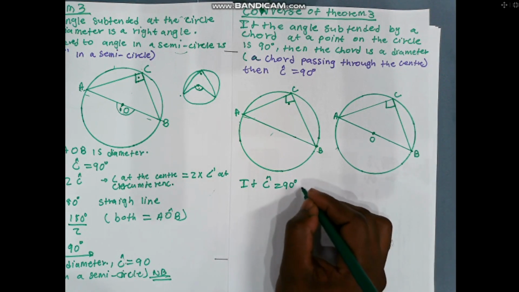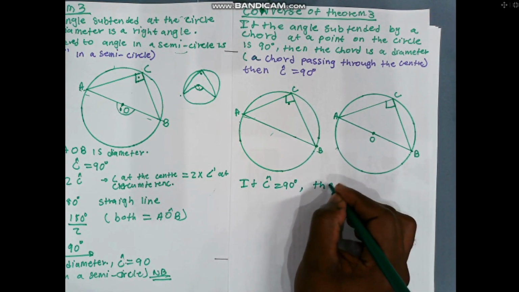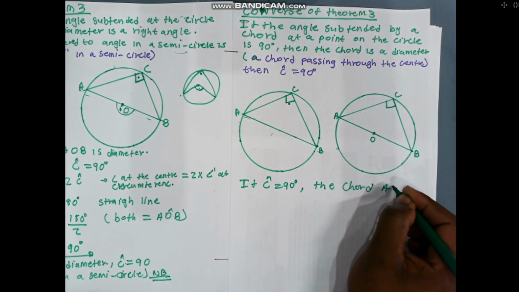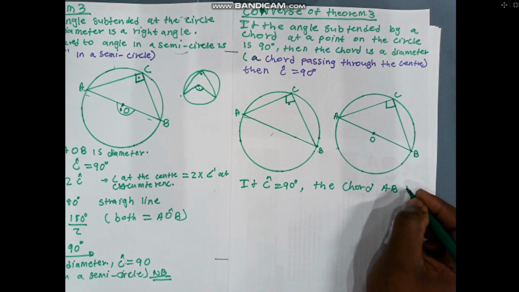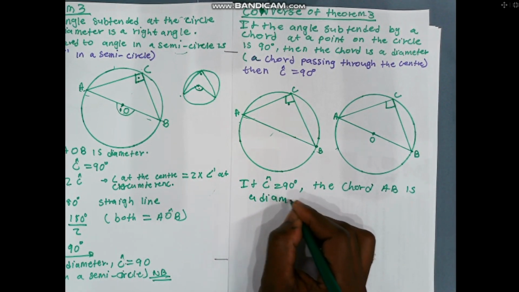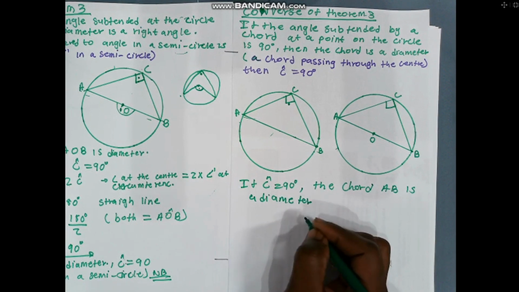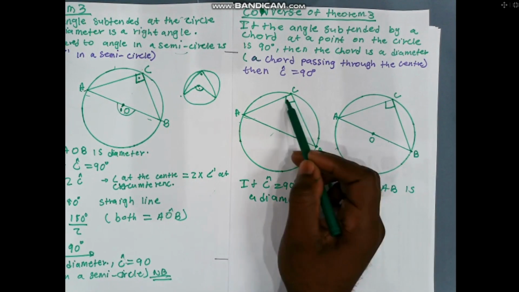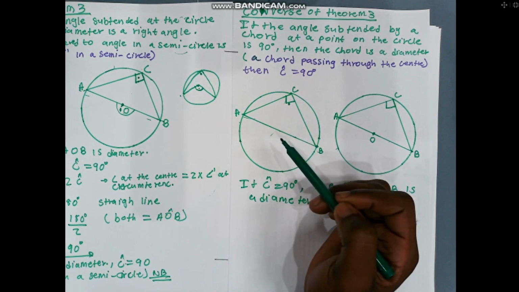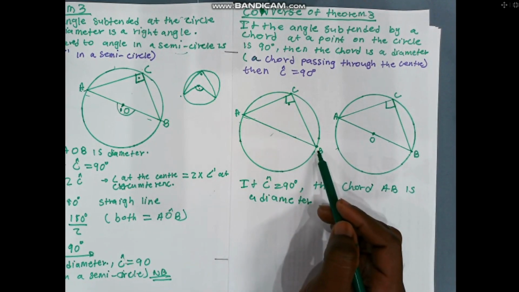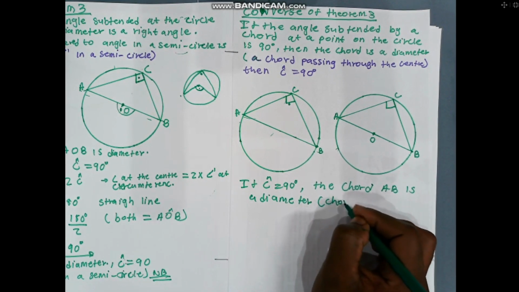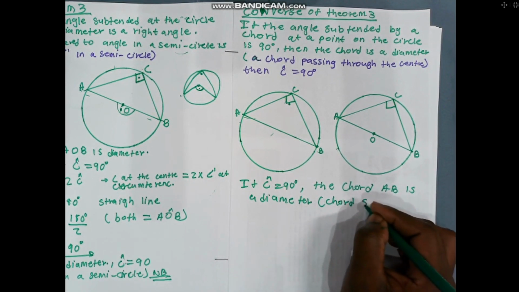Then the chord AB is a diameter. What is the reason now from this? If this one is 90 degrees, then AB is a diameter. Why? Because the chord subtends